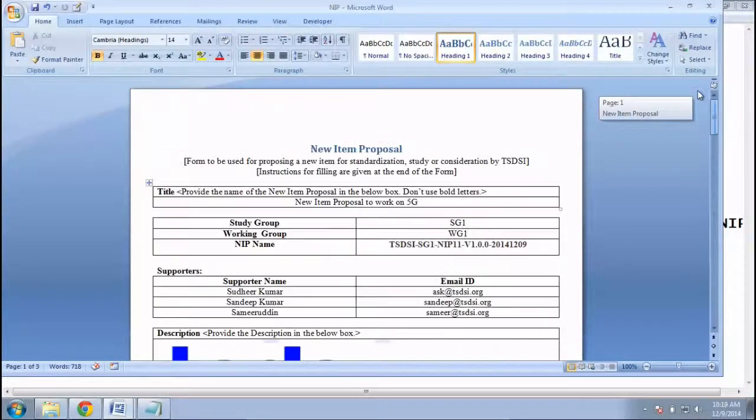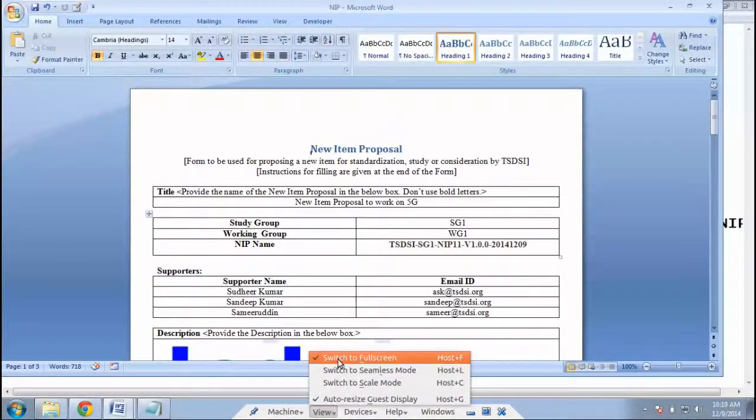So I'll use this version name of the NIP, place it inside the template, and save the template.